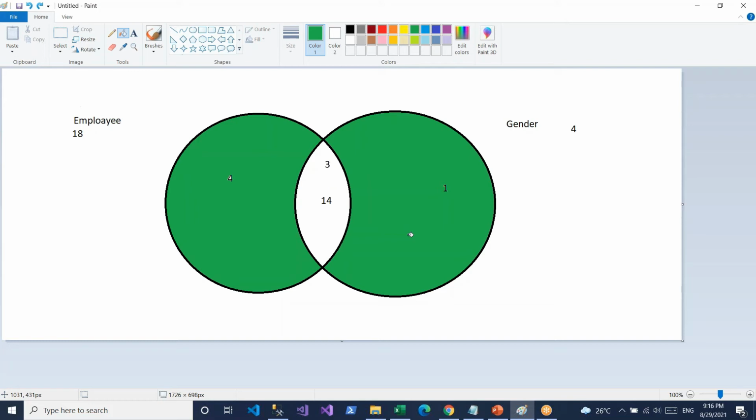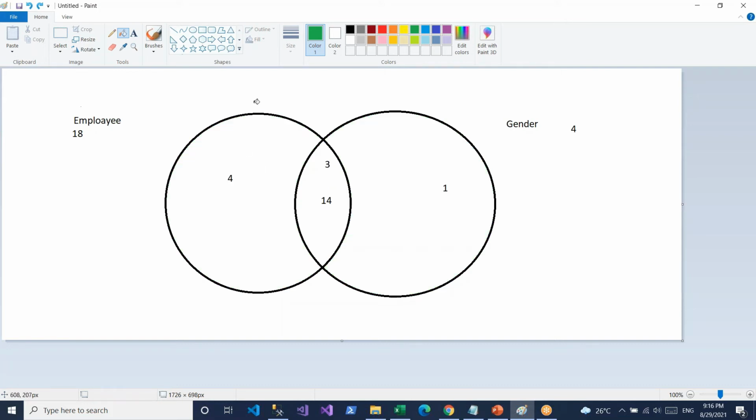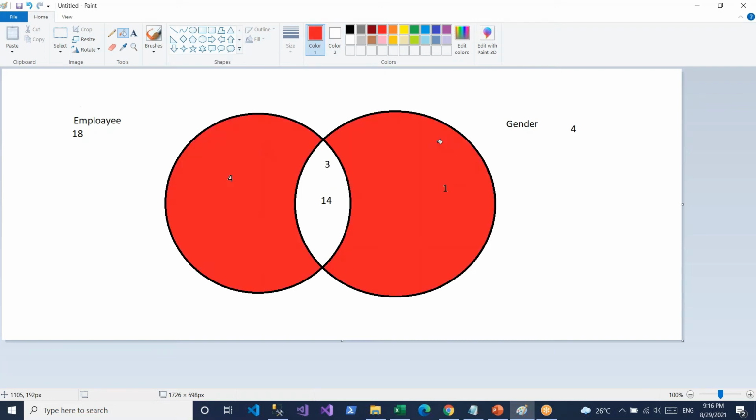So here, a full outer join means what? Full outer means full left and right outers, this part and this part. How will we get these left and right outer parts?